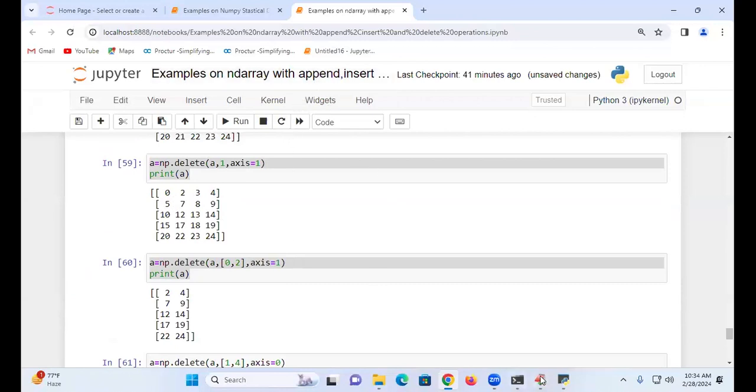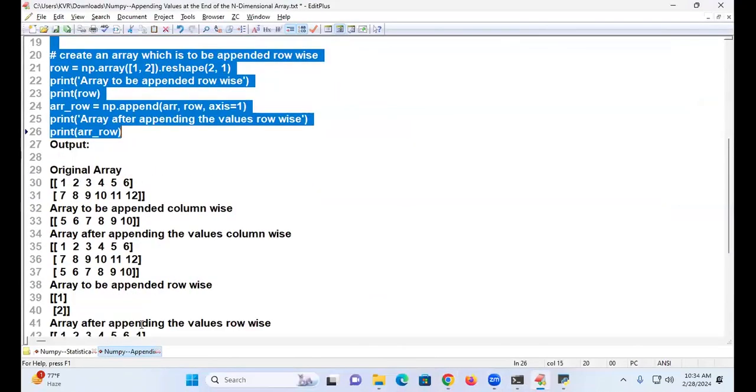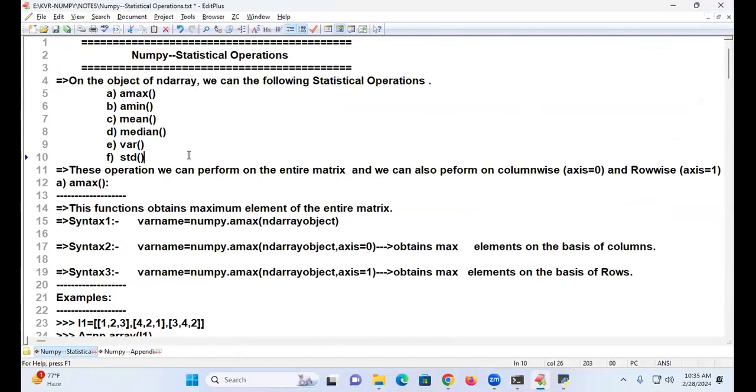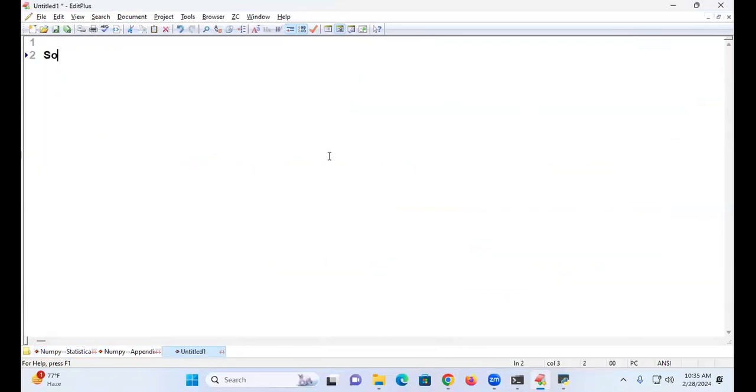So in today's session, we learned about what? How to go for inserting the data and statistical operations. How to insert the data, delete the data, etc. You have done it. And in tomorrow's session, I will go for introducing sorting the elements of